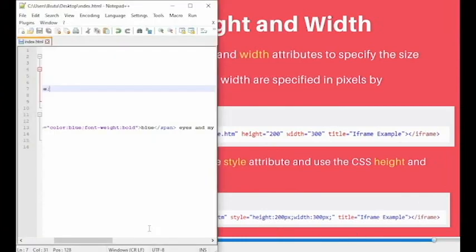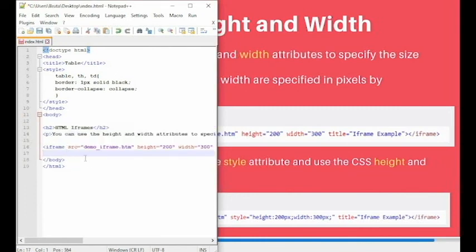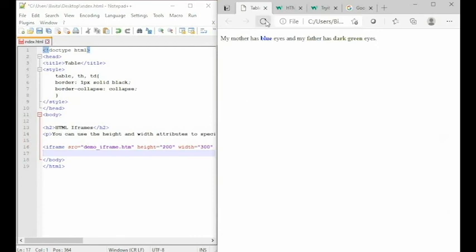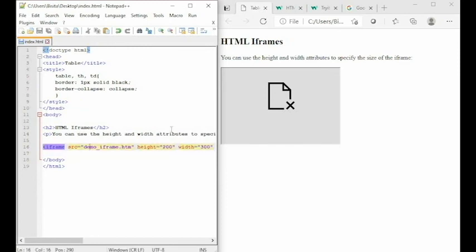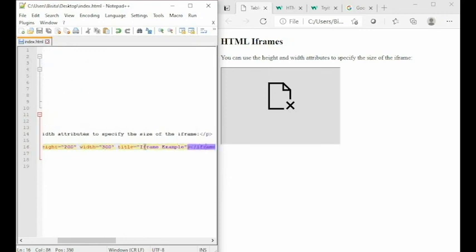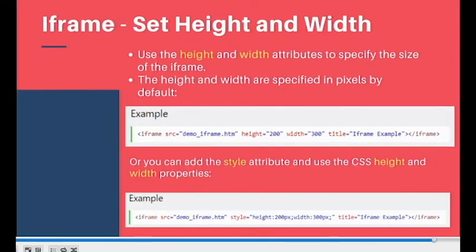So we're going to run that iframe and see the result. Since we specified height 200 and the width, it is rendered. Okay, so that is the iframe. It is framed. Okay. Next is